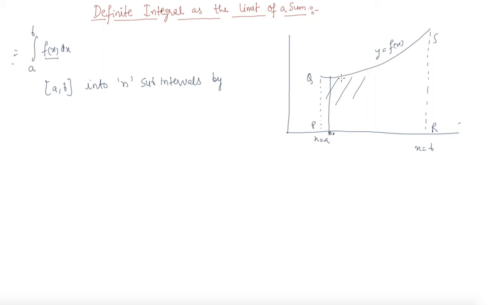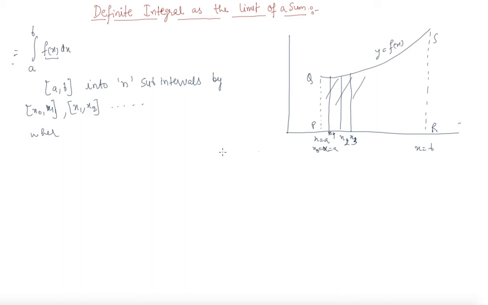This is x0, this is x1. Similarly we can divide further: x0, x1, x1, x2, and so on, where these are x1, x2, x3,